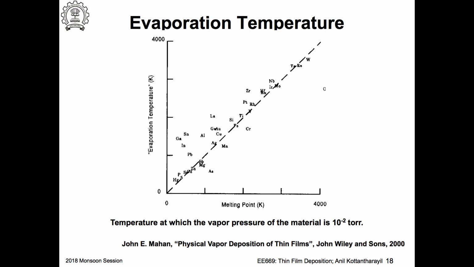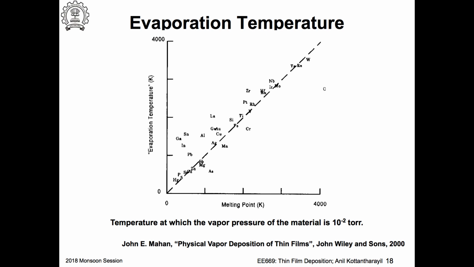Evaporation temperature depends on the melting point of the material. The evaporation temperature mentioned here is actually the temperature at which the vapor pressure of the material is 10 raised to minus 2 torr, and it's very obvious that it goes up as the melting point of the material increases. So you can see the problem is that I may find it extremely difficult to deposit tungsten